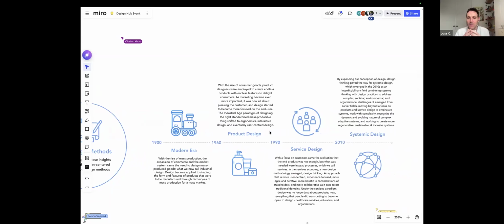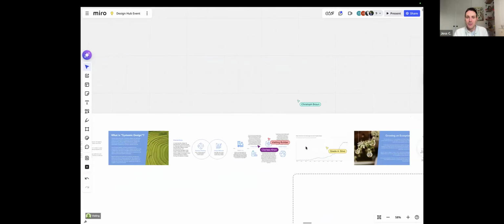This has evolved over some time. We go in more depth into all of this in our narratives guide, but it's part of the evolution of design from industrial to product design to service and human-centered design, design thinking that's kind of dominated as a paradigm for the past number of decades, to what we might call systemic design, thinking more broadly about complex systems and how we intervene, how we design and work with them in a more productive way that's not focusing just on the individual, but looking at those products, those services within broader ecosystems, broader complex systems. And that is a little bit about systemic design.